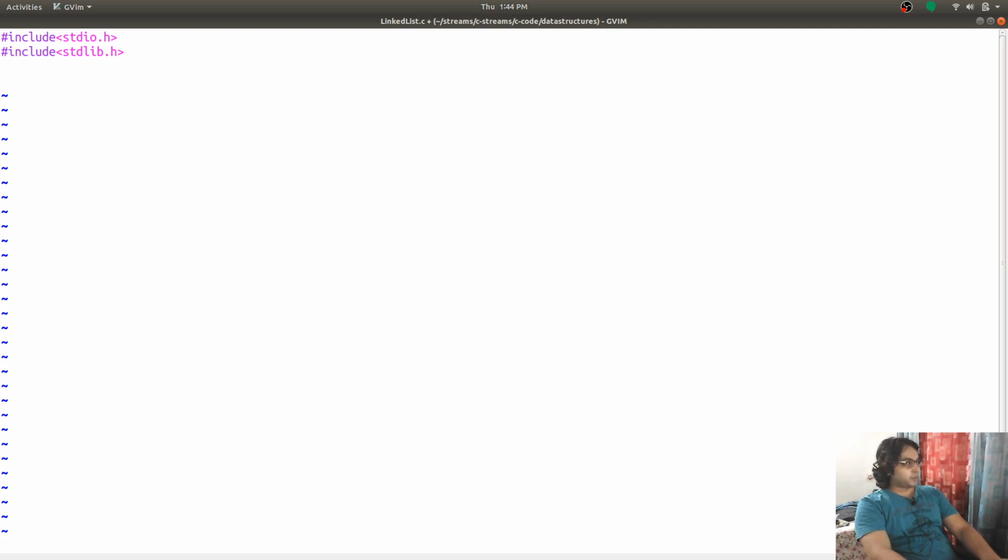To first start building a linked list, we need to have a certain structure to be built. So, we need to create a node structure.